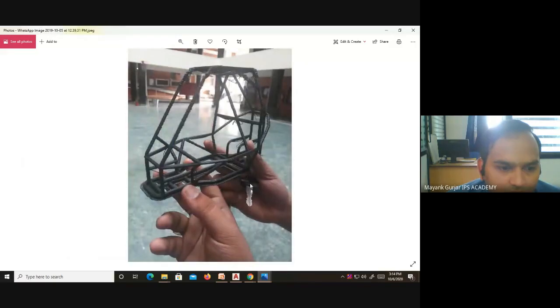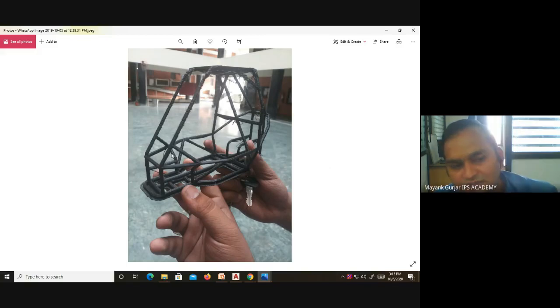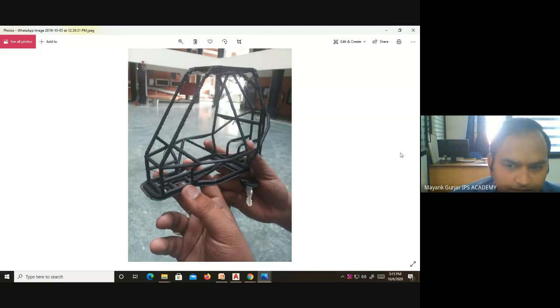This is from our Baha team members. They have printed a prototype of their go-kart roll cage, so that we can easily understand it. We can name the members, we can understand the model, we can talk on this before a meeting, so the necessary actions can be taken beforehand.